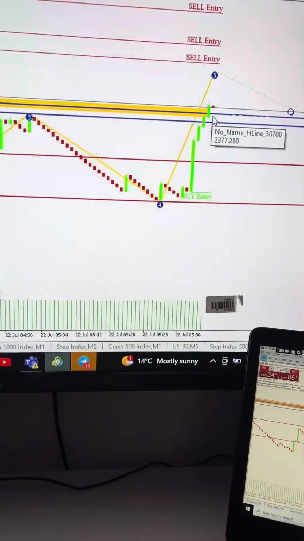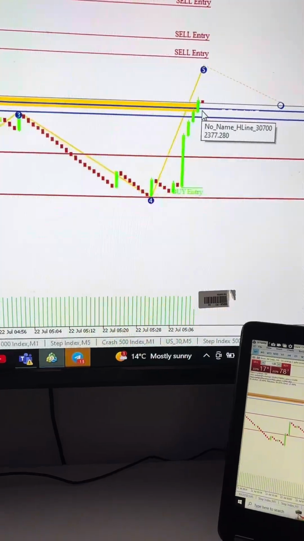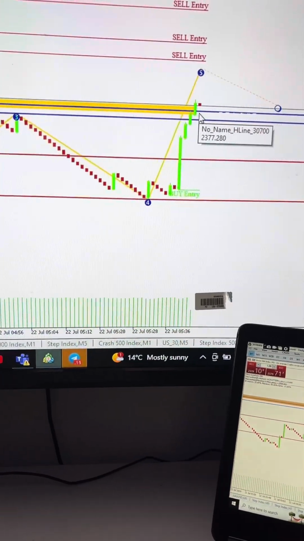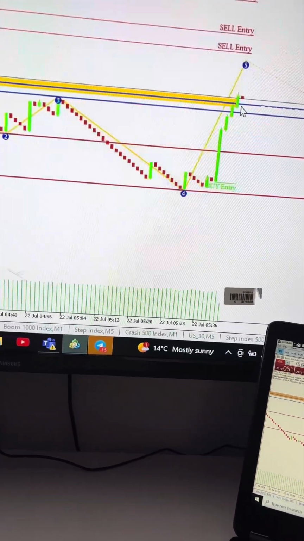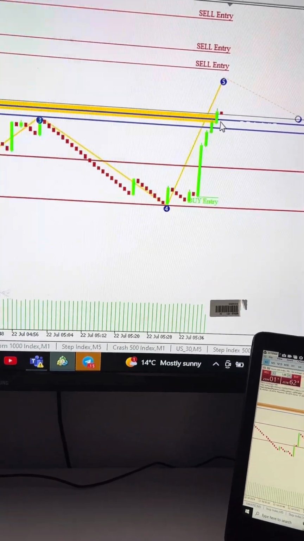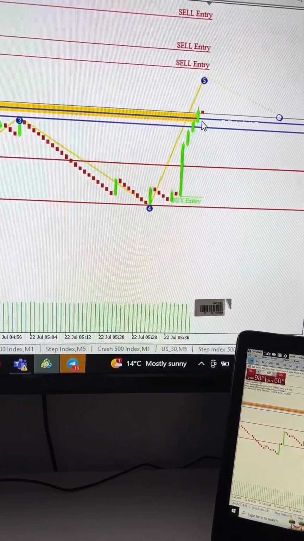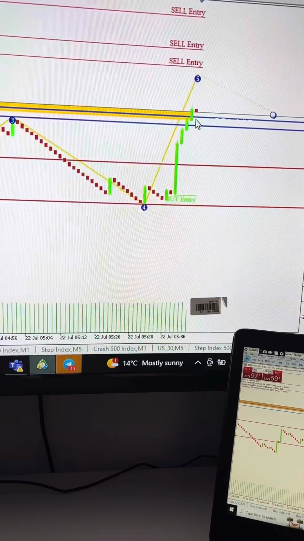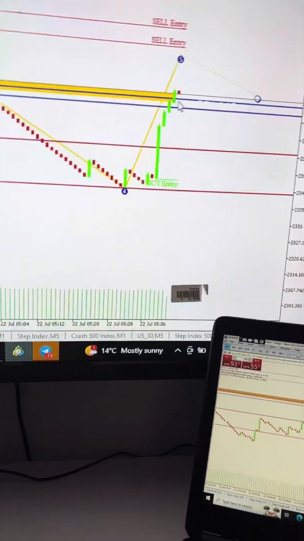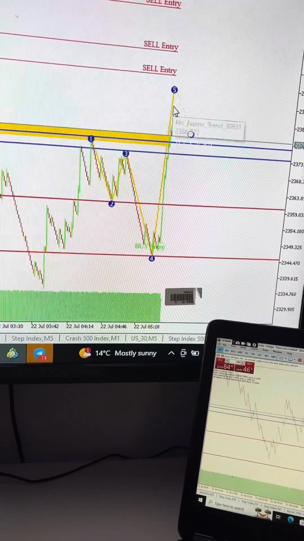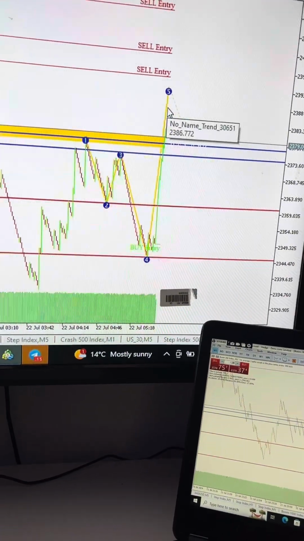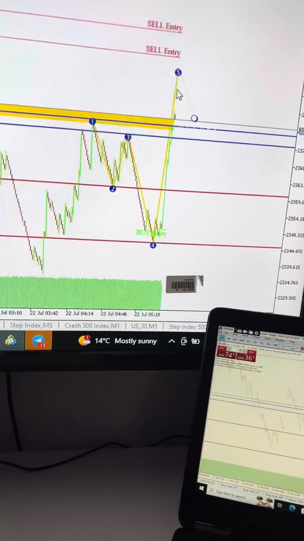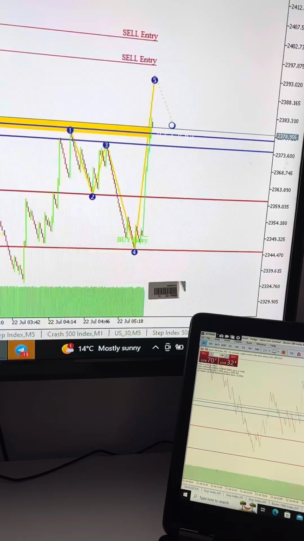So it's very easy for you to use this system. It helps you a lot. In a nutshell, this system respects ICT, BTMM, price action, smart money concept. Like what we are now using here, if you try to analyze what has happened, you can see that everything happened due to